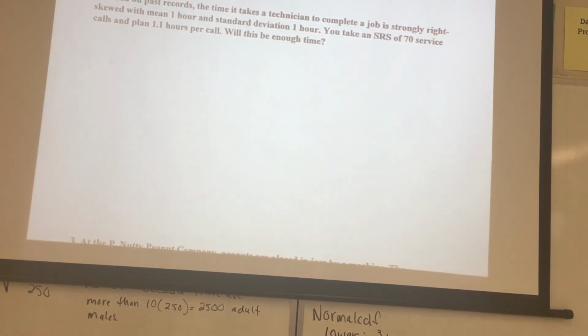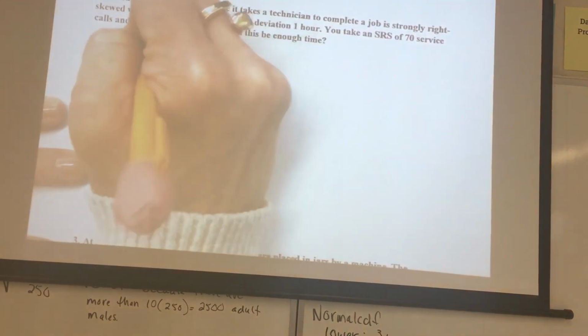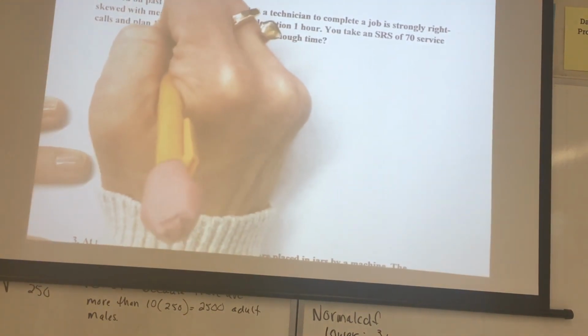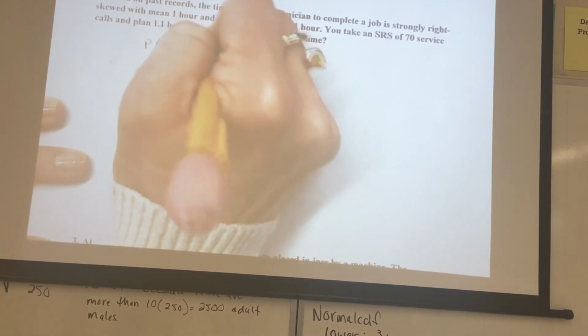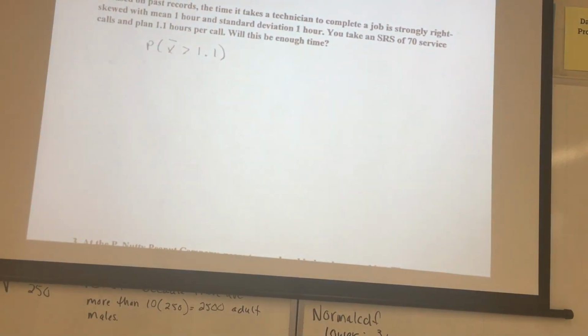You're going to start by finding your mean and your standard deviation and making sure that you have met the criteria for the standard deviation. Then you're going to check to see if it's appropriate to use a normal approximation. Do that now. So we're front loading: calculating mean and standard deviation, justifying that the standard deviation is acceptable to use, and asking ourselves, can we use the normal approximation? Ultimately, the question we're looking to answer is, what is the probability that my call will take longer than 1.1